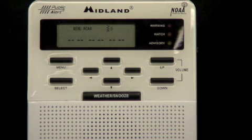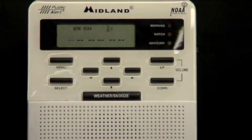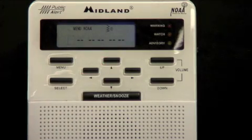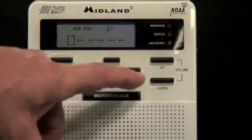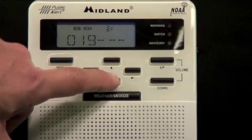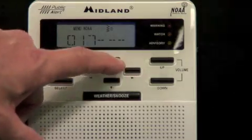This one's going to be programmed for Williamson County, Illinois, which is 017199. The first digit is flashing, and at this point I'm back to my option buttons, which are up and down. And when I press it once, there's 0. My number is 017, so that's fine. I cycle over, and 2 presses will get me a 1. I cycle over. I can also go down. Find the shortest way there. 017